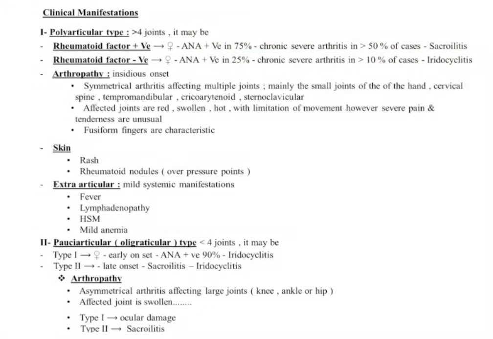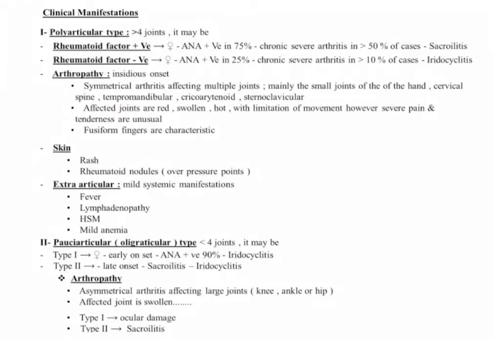Clinical manifestation may be as polyarticular type or pauciarticular. Polyarticular, more than 4 joints affected, may be rheumatoid factor positive or rheumatoid factor negative. Positive: anti-nuclear antibody positive in 75%, chronic severe arthritis in 50% of the cases, as well as sacroiliitis. Rheumatoid factor negative: anti-nuclear antibody positive in 25%, chronic severe arthritis in 10% of the cases,